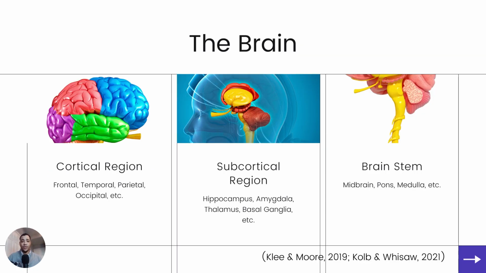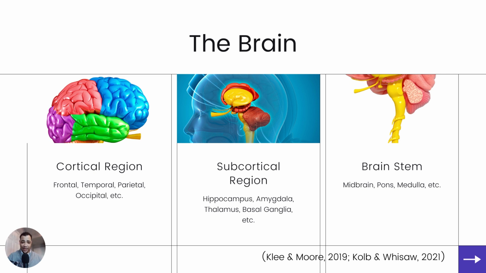All right, so beginning, let's start at the top and work our way down. We'll talk about the brain. When we're talking about the brain, we're talking about the cortical regions. So this is the area that you typically see when you think of a brain, the outside: the frontal lobe, the temporal lobe, the parietal lobe, the occipital lobe. Each one of these has their own area of command, super simplified, but the frontal lobe is like the command center, the occipital lobe is more like the vision center of the brain, and the temporal lobe is the auditory system and all that. Parietal is like sensory. So all that is on that level.